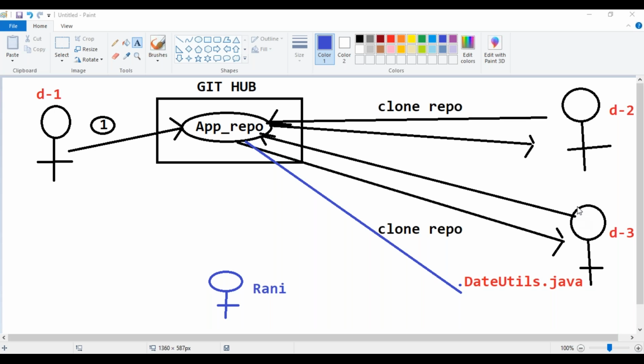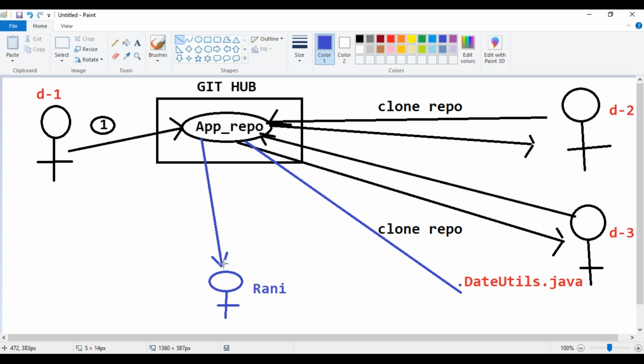First, she has to take the project from the repository to her system. She got a laptop from the company. Now she has to work on the project from tomorrow. So what she has to do now? She has to take the project from the repository to her local system. For that, she has to execute the clone command.